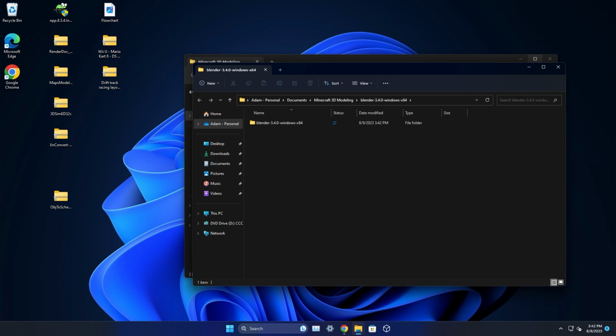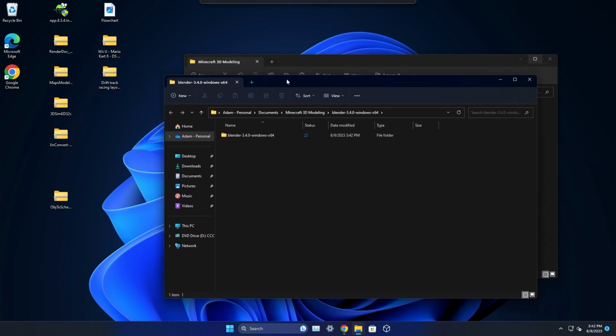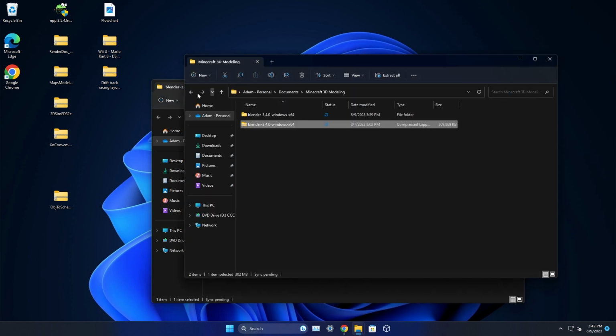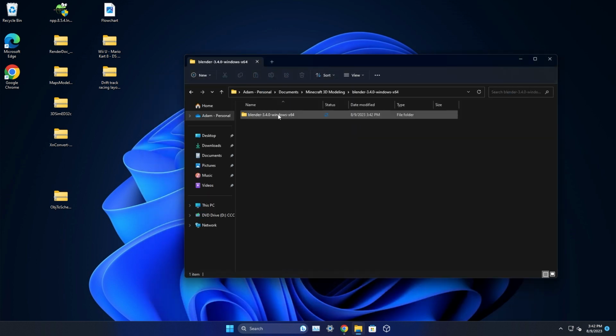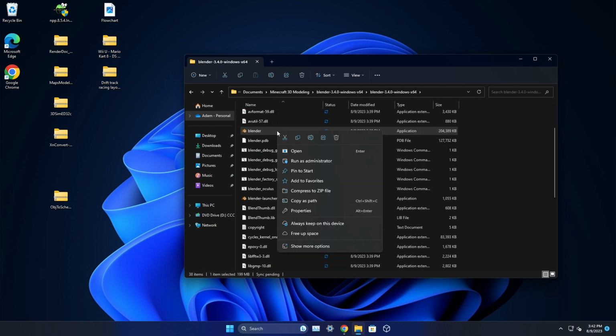Okay, so after waiting an eternity on this stupid virtual machine hard disk, here we have Blender. Now, we could delete this zip folder, we don't need that. We got Blender nicely installed, and inside here, we can go ahead and do, if you want,